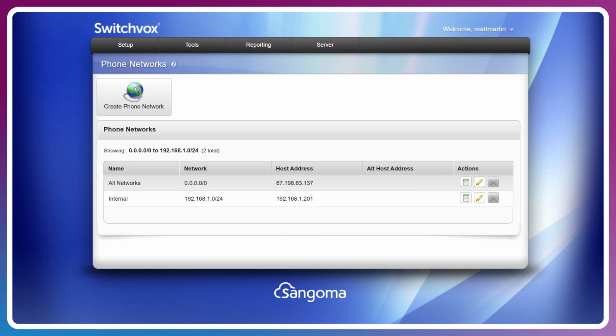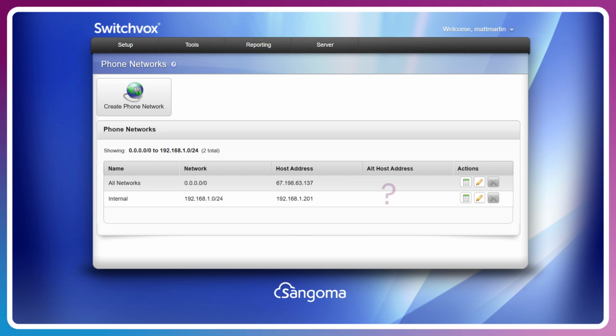Here we can control what the phones do on certain networks and permit or deny certain traffic from phones themselves. The host address is the local network that the handsets will be connecting to. These are generally local VPN, VLANs, anything that doesn't need to go through the external gateway in order to access the Switchvox via a handset, unless we're talking about remote users.